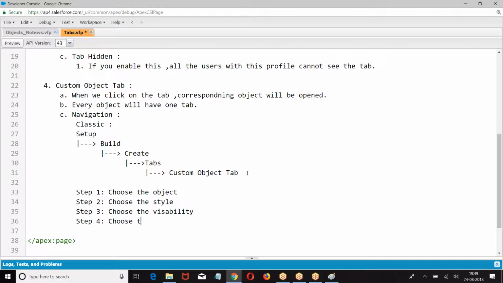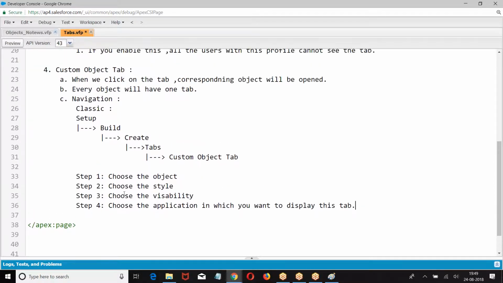Then choose the application in which you want to display this tab. So what we have done? Setup, build, create, tabs, custom object tab. Choose the object, choose the style, choose the visibility, choose the application in which you want to display the tab.